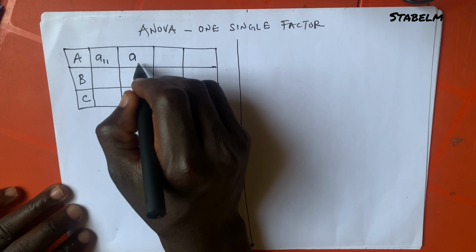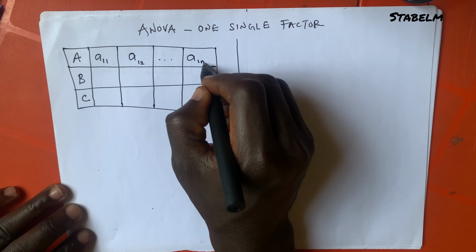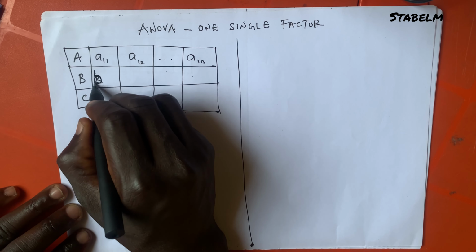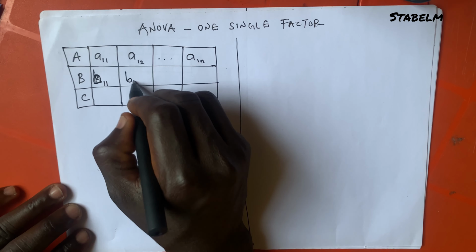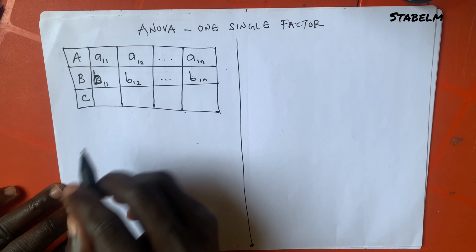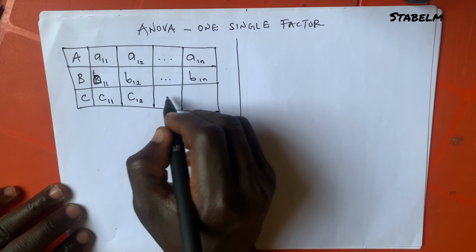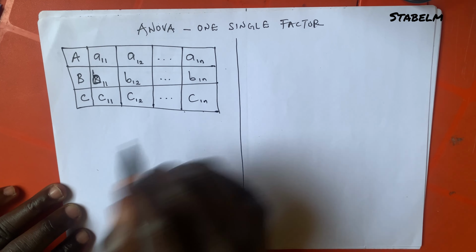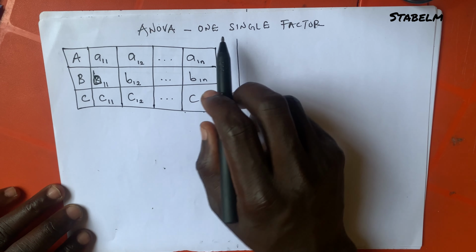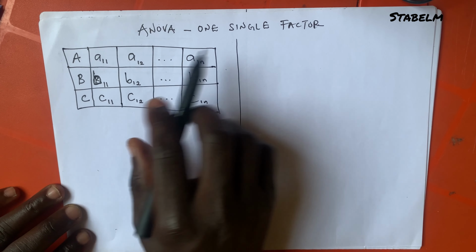A11, A12, dot dot dot, A1n. Then here we have, let me use small b, B11, B12, dot dot dot, B1n. Then here we have C11, C12, dot dot dot, C1n. So now this is the factor. We have one factor, and that is why we call it one single factor. So the factor here is A, B, C. So in this regard now,